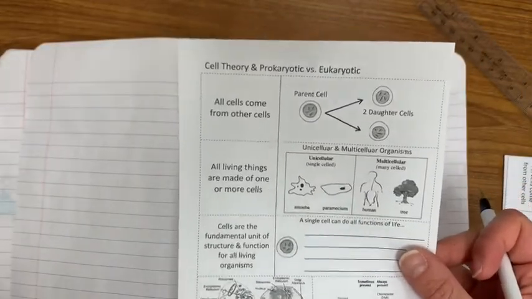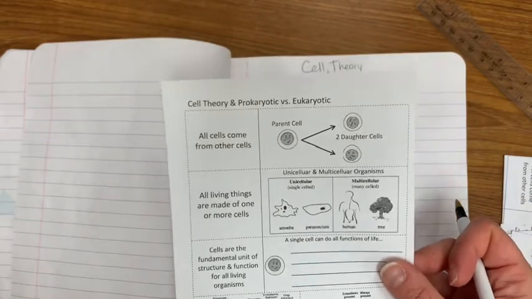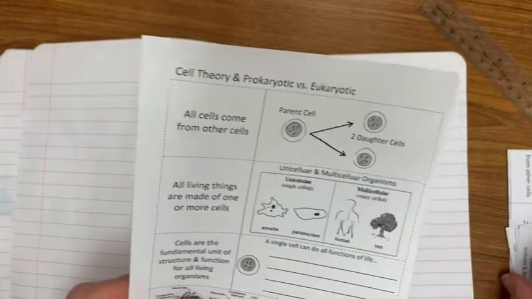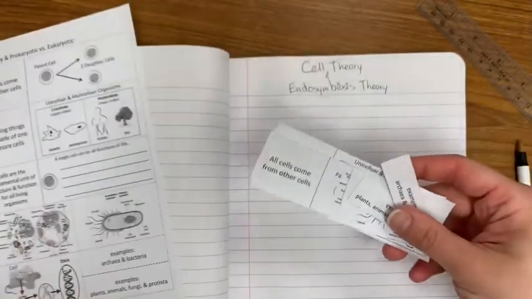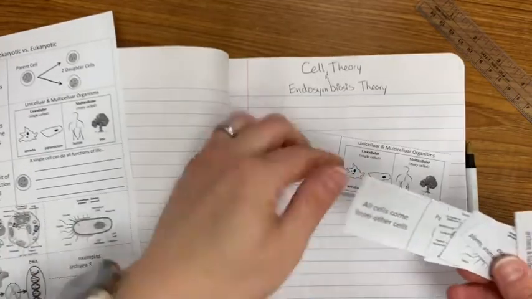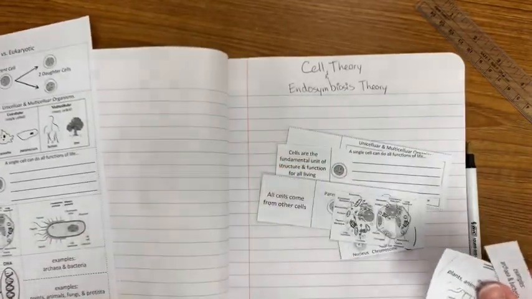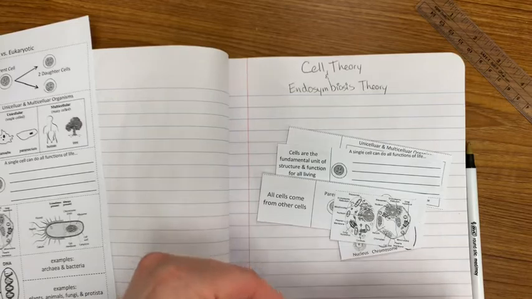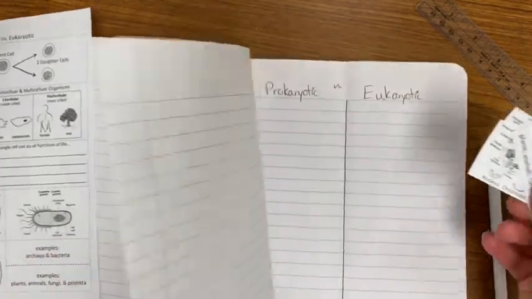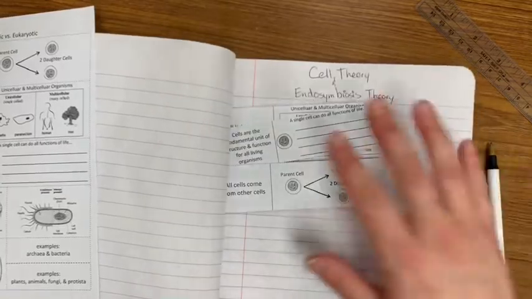Okay, here we go. Cell theory and prokaryotic versus eukaryotic. Cut off all the dotted lines. So cut dotted lines. You're going to end up with these pieces of paper. Those are going to be for cell theory and symbiosis. These papers, the littler papers, those are for prokaryotic versus eukaryotic. With this,